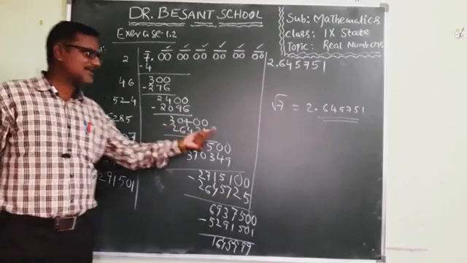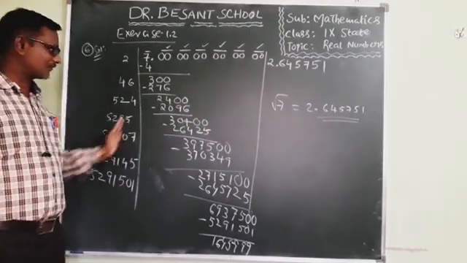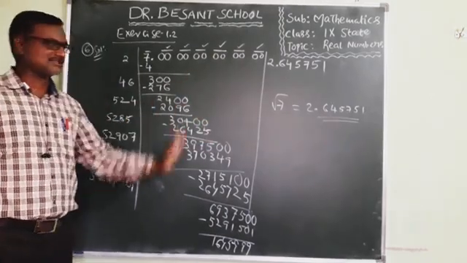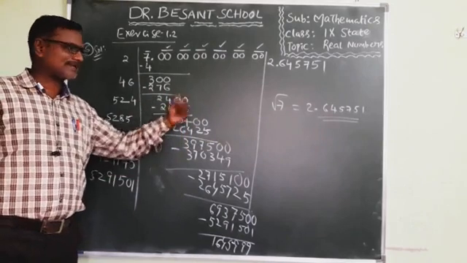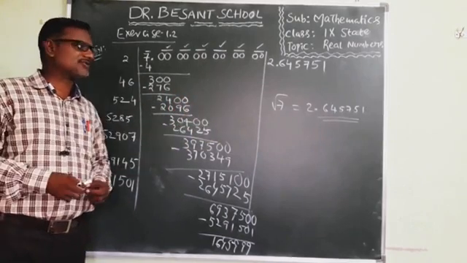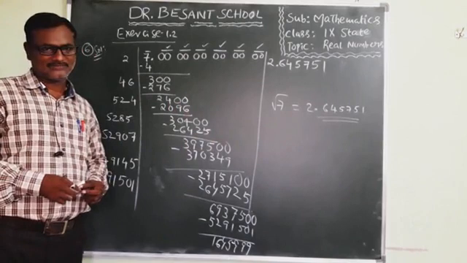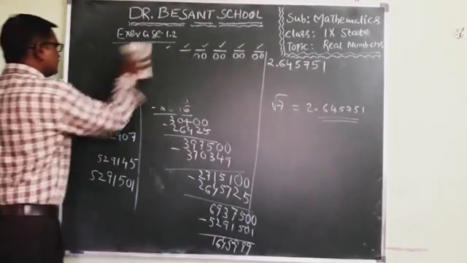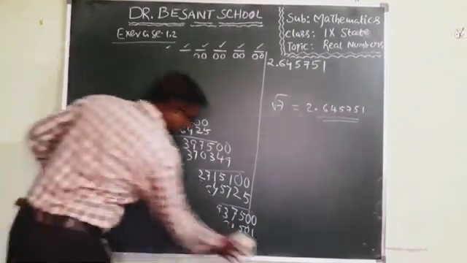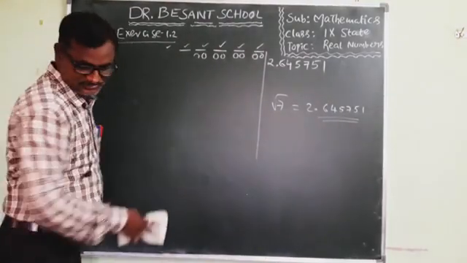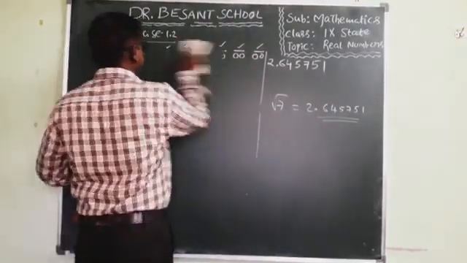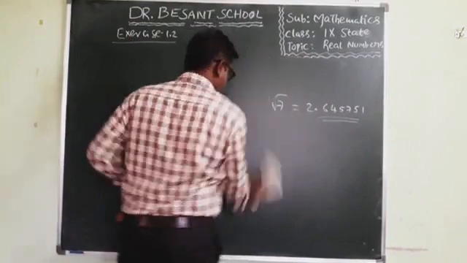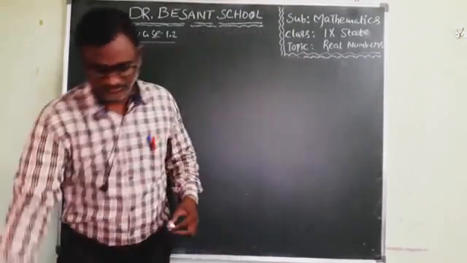Okay, a little bit of confusion you may get, but you have to take care of this multiplication and also subtraction and also divisions. Once you have to practice. So root 7 value is 2.645751 up to 6 decimal places. Okay children, once you verify. Yes children. So this is question number 6 from this exercise. Okay, verify the textbook, all of you.